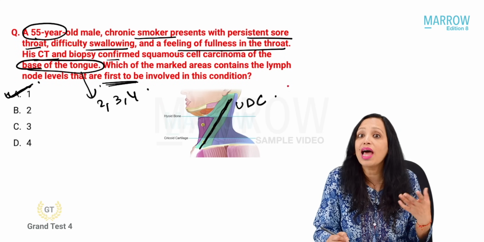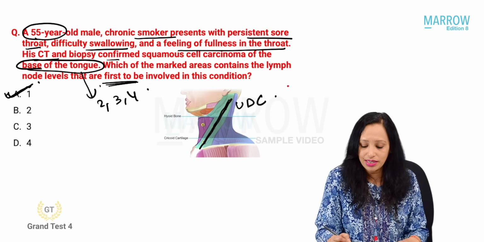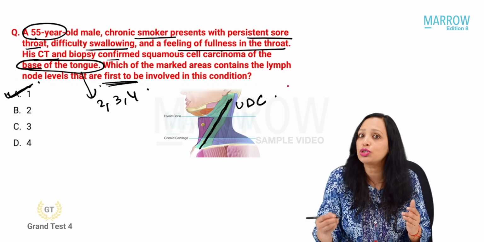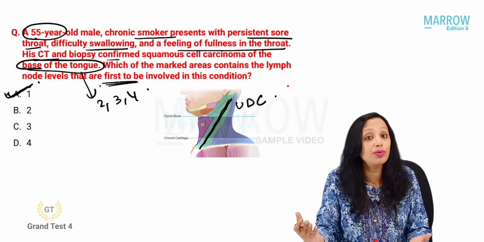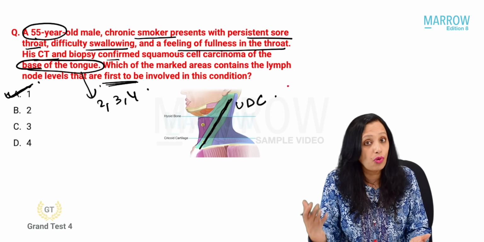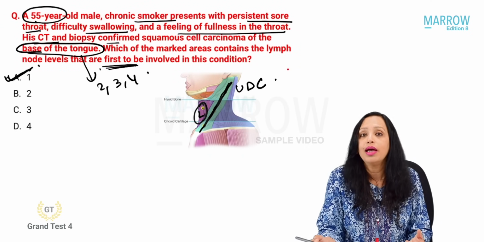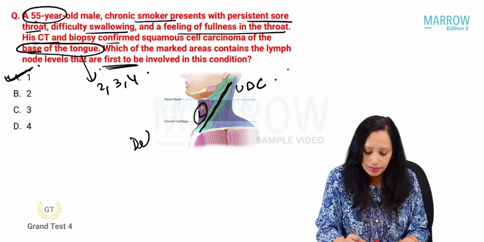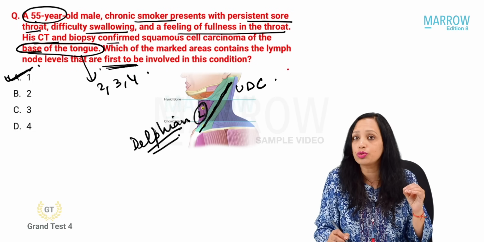Now, if I ask you, larynx drains into which lymph nodes? Mainly, yes, larynx drains again into the lateral group, that is 2, 3, 4. In fact, it has been asked which lymph nodes will you remove for larynx? Yes, 2, 3, 4 and also the anterior group. Here we have the larynx. The anterior group is known as the Delphian lymph nodes. So that is also removed along with the lateral group. The lateral group is 2, 3, 4.